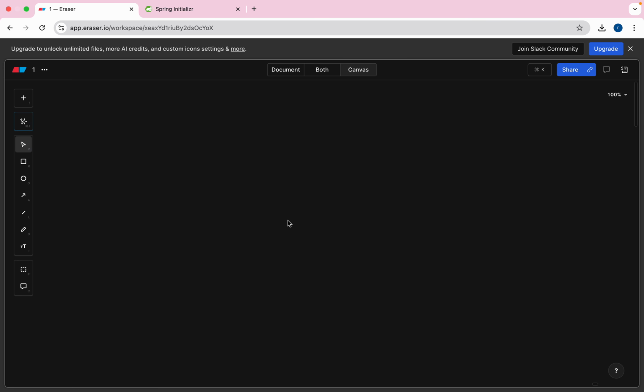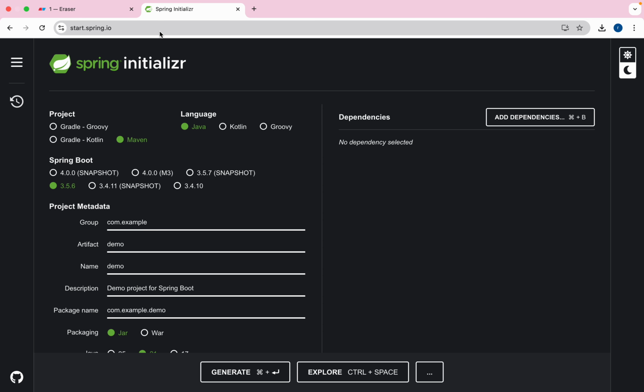So in this episode we will create our first Spring Boot application from scratch, understand its structure, and run our first API successfully. As we have discussed, to create a new Spring Boot application, we can use the start.spring.io website, or we can create it from the browser itself. So we will go to start.spring.io,